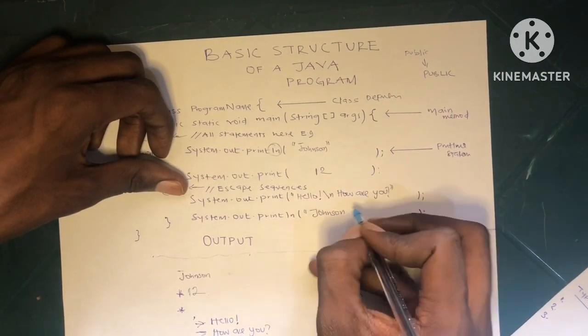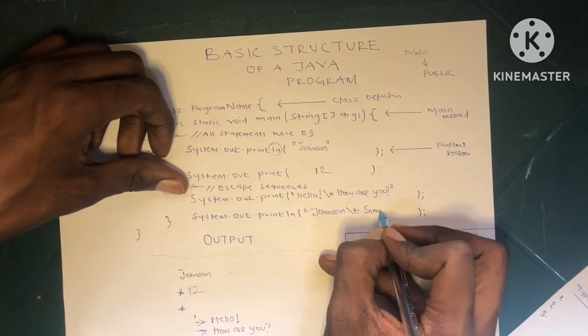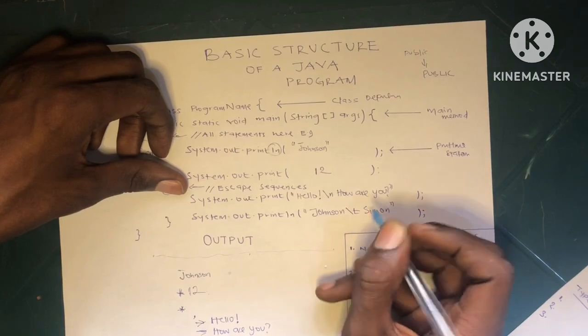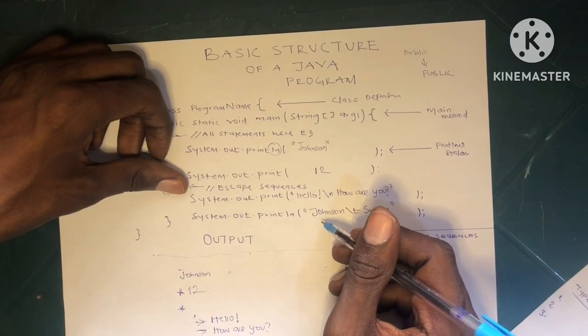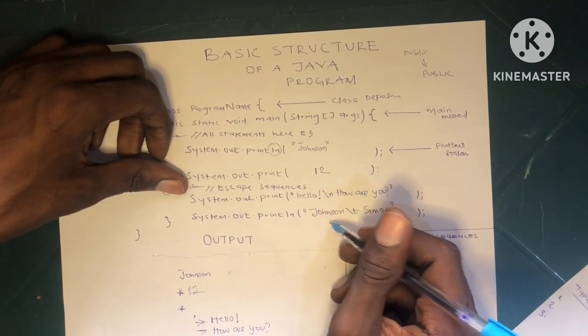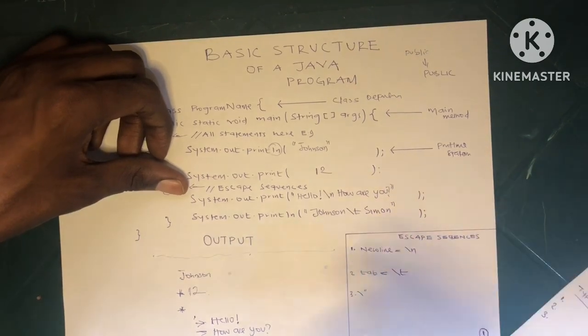All right, and I put \t, and put Simon in double quotation marks. Now don't forget, the reason why I'm putting double quotation marks is that when you are putting letters, you must put them between quotes. For letters, you have to put them between quotes. So the output for this